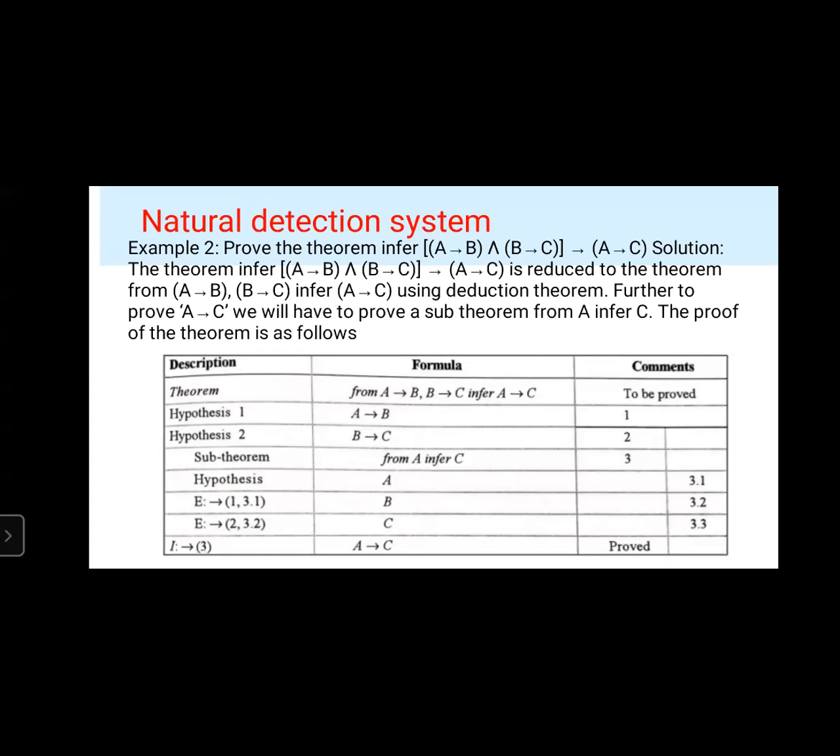Next, the hypothesis here is A. In order to get, at last I need to get E implies C, right? So eliminate, that is E implies 1 comma 3.1. So 1 comma 3.1 means